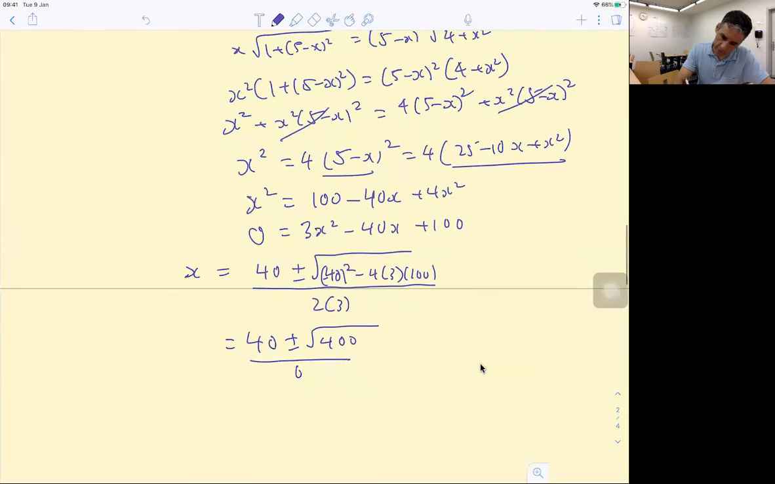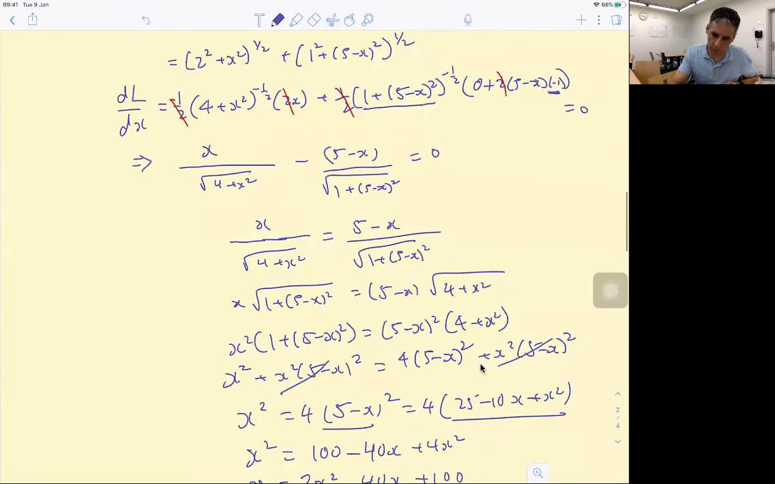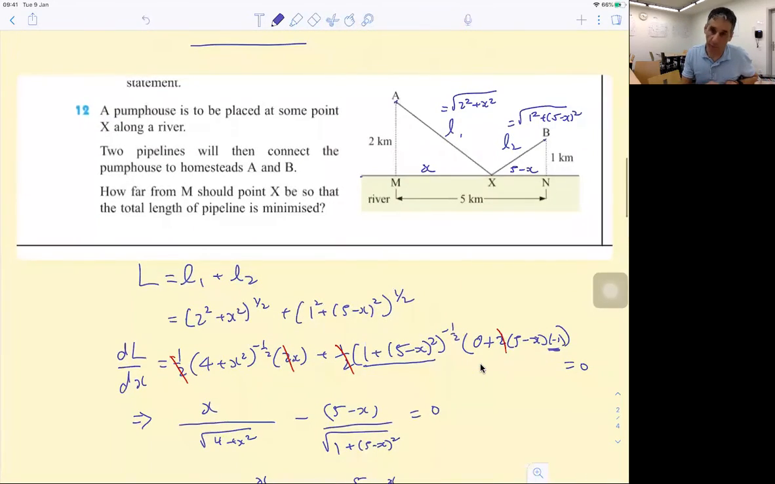So it was actually factorizable, because that gives us 40 plus or minus 20 all over 6. So the answers are either 60 over 6, which is 10, or 20 over 6, which is 10/3. Okay, now if we go back to the question, you can see x being 10 is right out